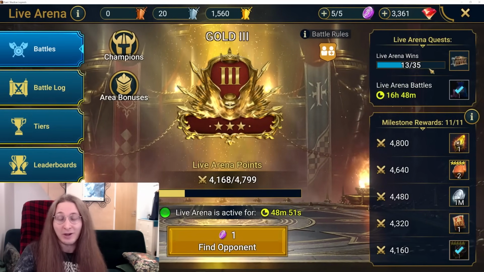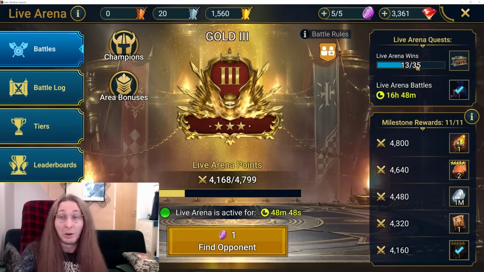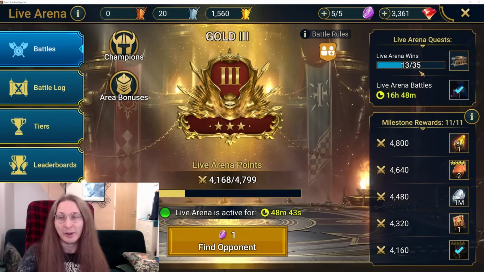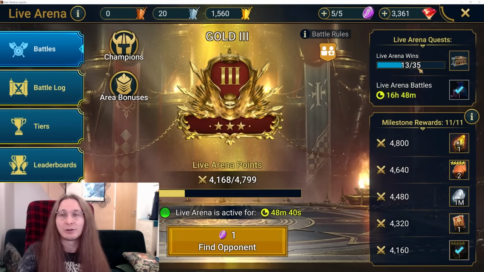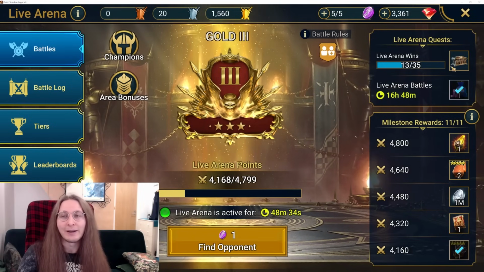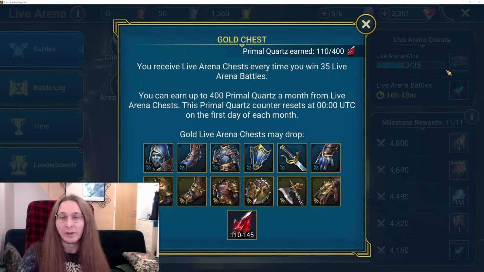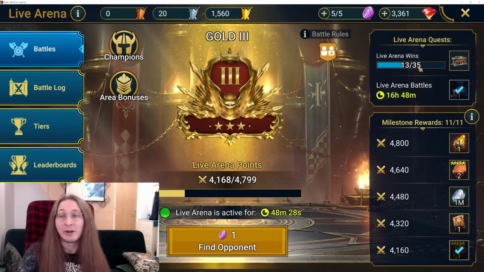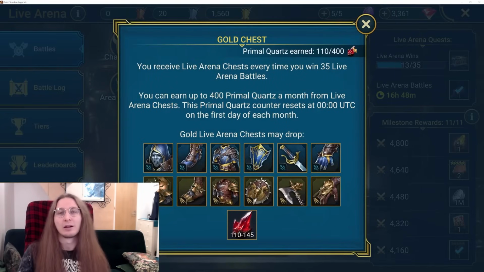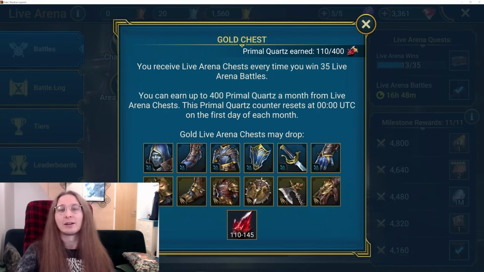it takes an insanely long time, to be fair, to get 35 wins, not just fights but wins. I think first of all this should be 35 fights and not wins. At least, let's say that you're in gold, so that you don't just lose all fights on purpose. But let's say that you're in gold, I think all fights should count, not just wins, but it should be a lot less fights as well. 35 fights is an insane amount, but you can get 400 primal quartz every week from it. I don't think 400 is very realistic, because you need to do like 3 billion fights every week to do this, but if you can get this